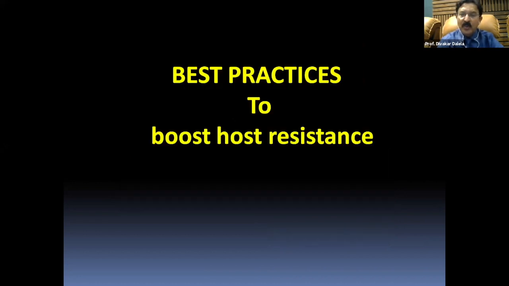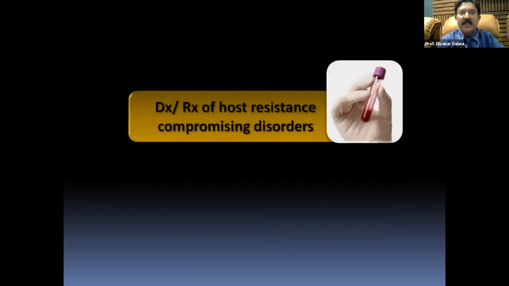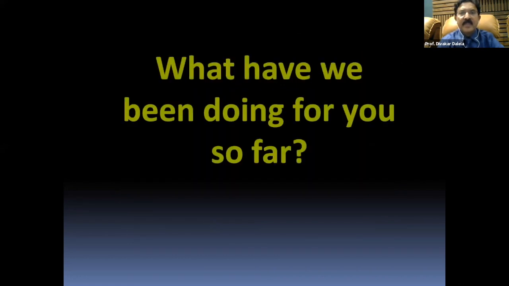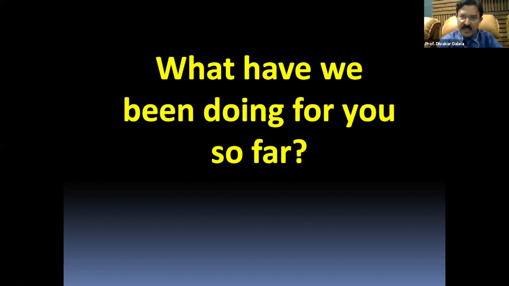What can you do to boost your host resistance? You must take care of the blood sugar status, right? You must take care of any disease which is reducing your body resistance, like lymphoma, leukemias, radiation therapy. Pay attention to sound nutrition. Diet rich in fruits and juices prevents urinary infection. So friends, this is all you can do as a patient yourself to take care that you don't fall sick with another attack of urinary infection.